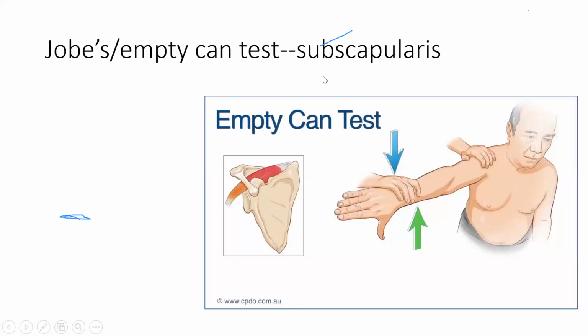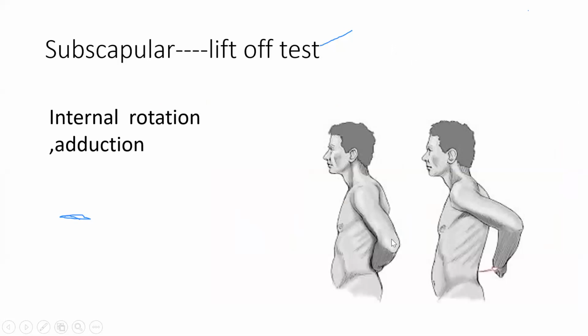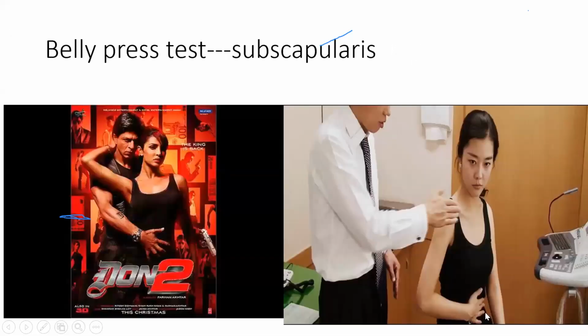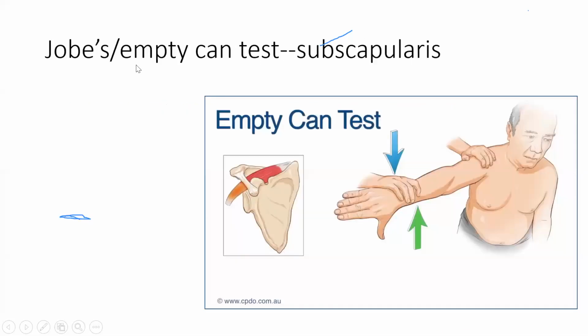So we have three tests for subscapularis. One is your lift off test, like lifting off from your girlfriend or boyfriend. Next is your belly press, the same action, where you put your hand on your belly. The third test is the empty can test. It looks like a Coca-Cola can, or an open can, and the lid should look like this. The doctor will try to push it downward and you have to push it upward. So if you have resistance you can push it upward. This is a test for subscapularis.